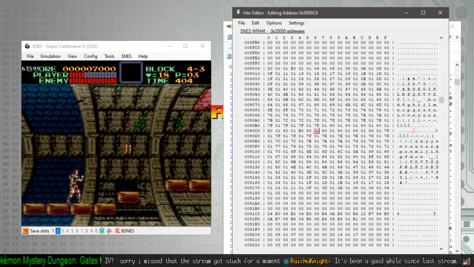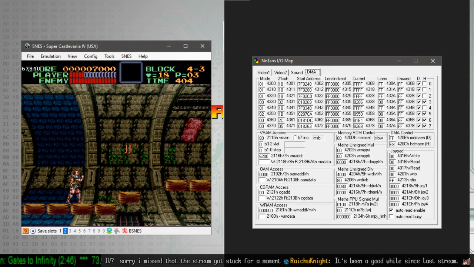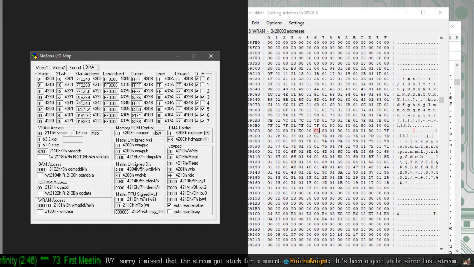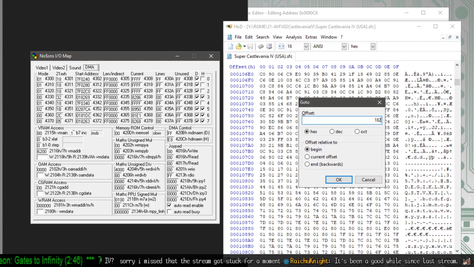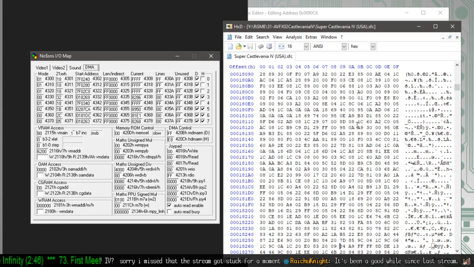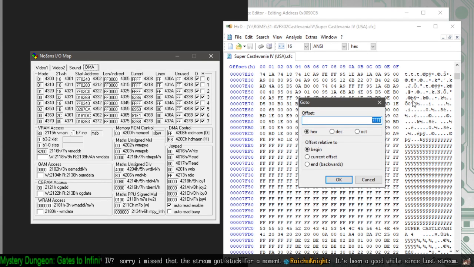Alright, so let me pause this. These four values: 18269, 287CA, 181DC, 18263. If I go to those, so 18269. I think this is low ROM, right? Yeah, okay, so I have to convert this. This is actually...